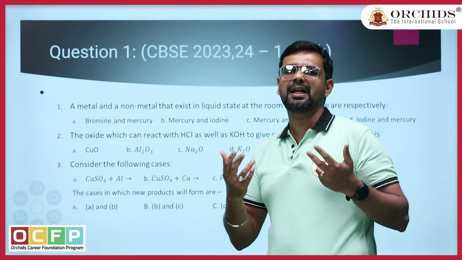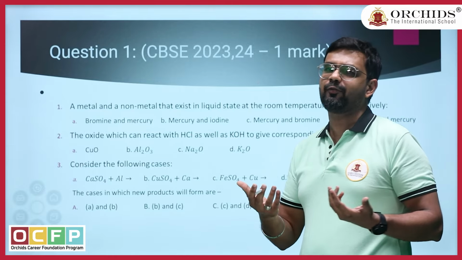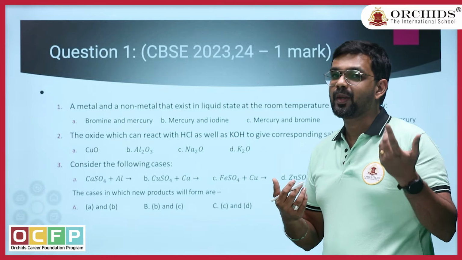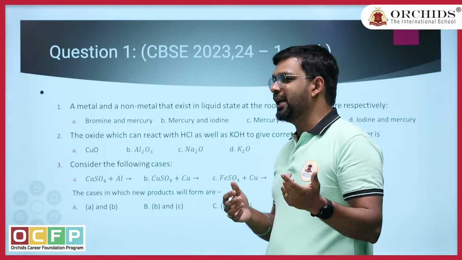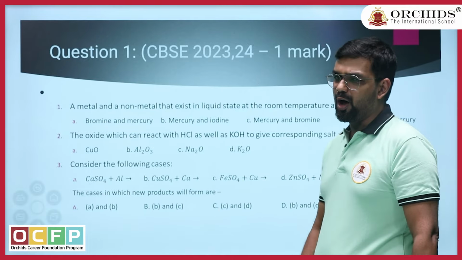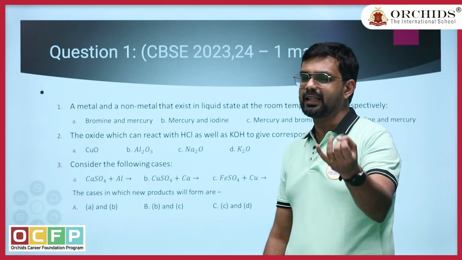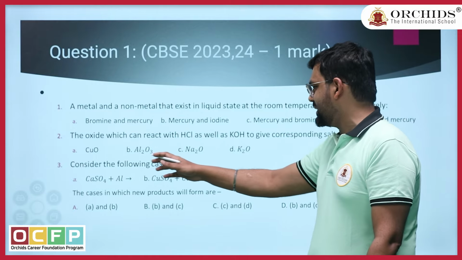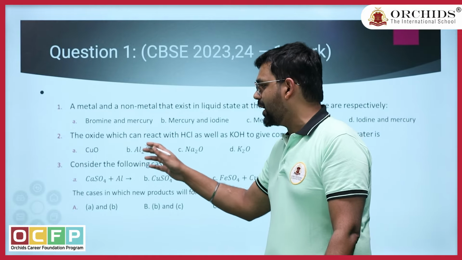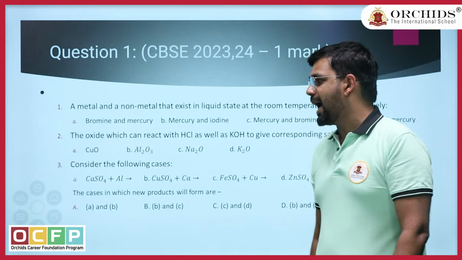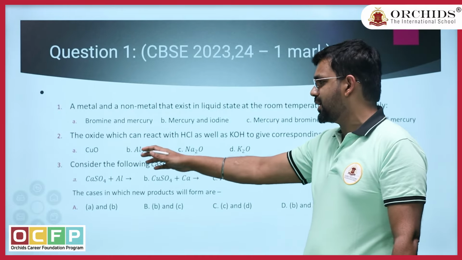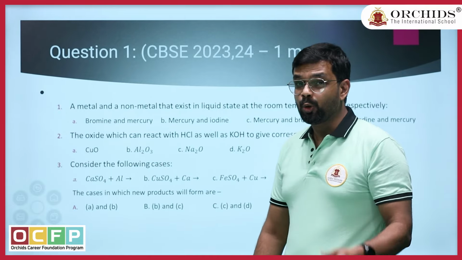So we have only two metals which can form amphoteric oxides. What are those? Yes, that's correct. Aluminium and zinc. So you just check for the options which is containing either aluminium or zinc. So you can see from those four options only we have aluminium oxide, which will be the answer for the second question. So the correct option is B, aluminium oxide. So let's move to the third question now.